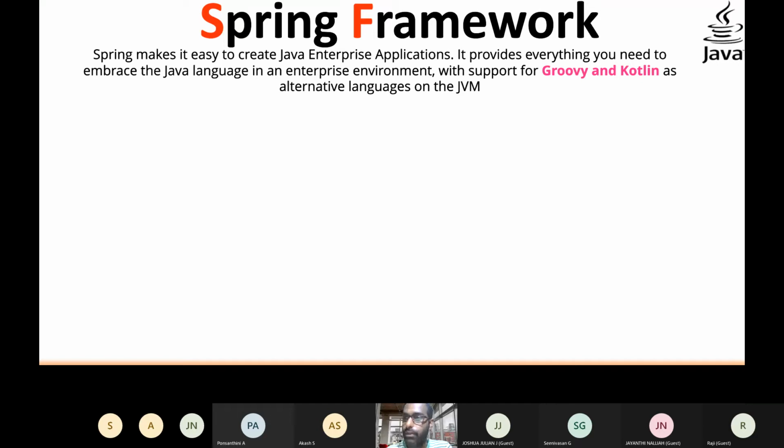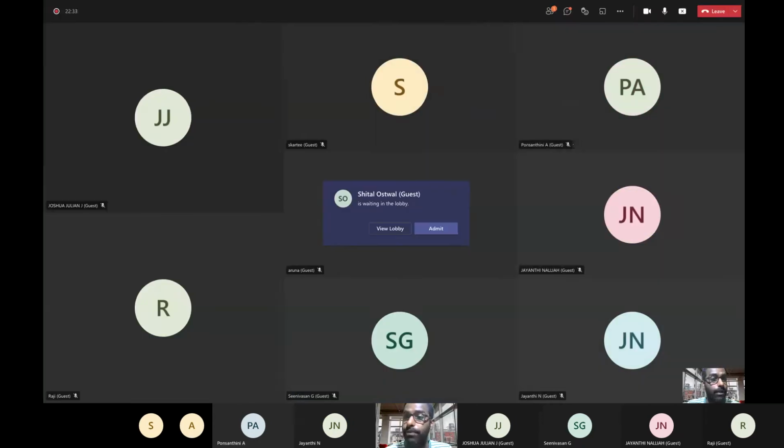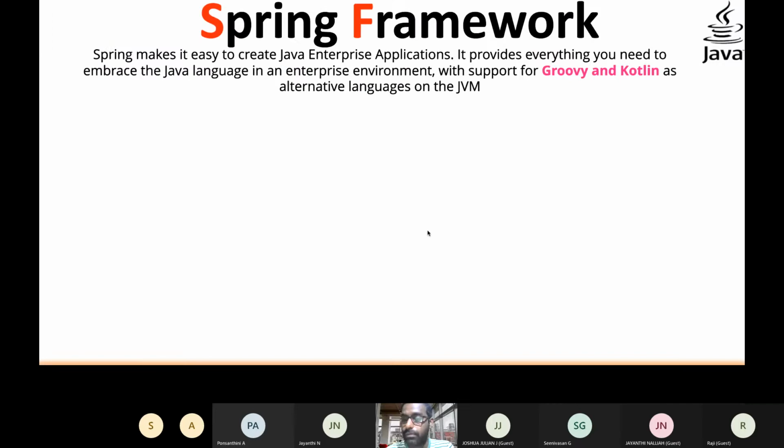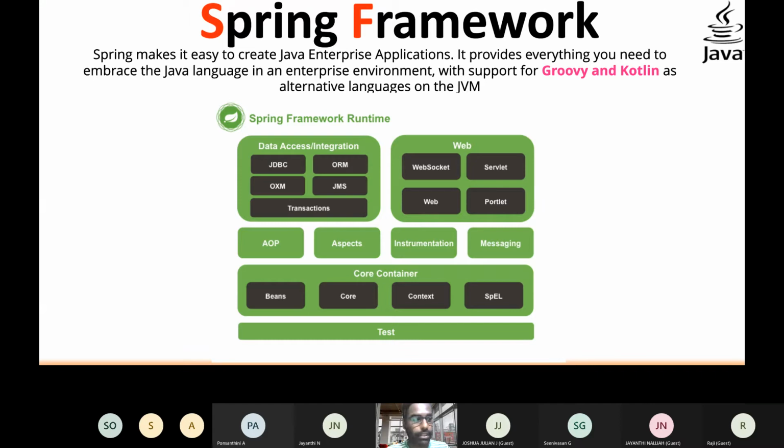I guess you are well aware of Kotlin, because Kotlin is something we use in Android development. If you go to Android development, you will get to know the usage of this language called Kotlin. Probably you can even learn Kotlin in terms of developing a Spring application as well as an Android-based application. Okay, so let's quickly move on. Here I have something called